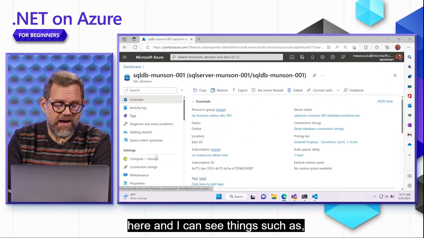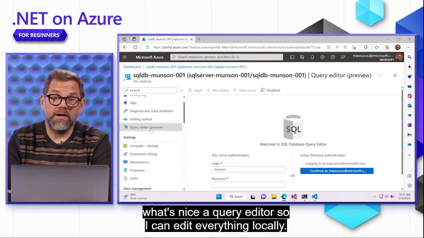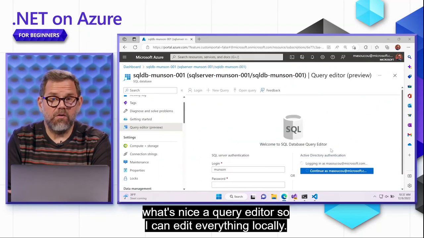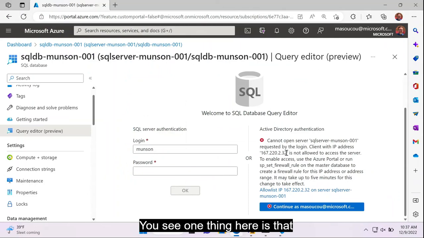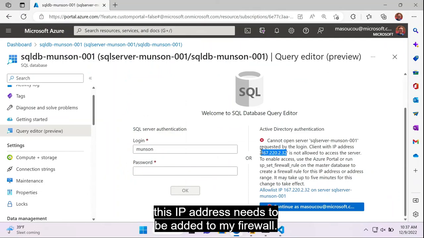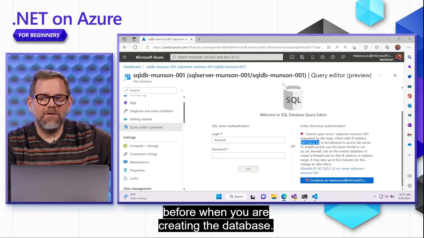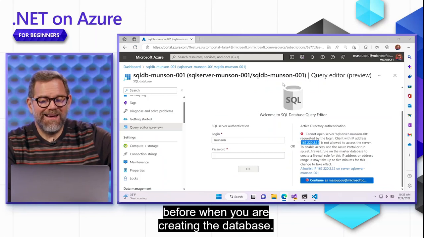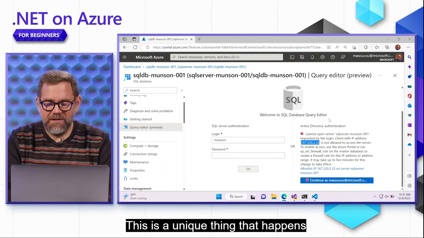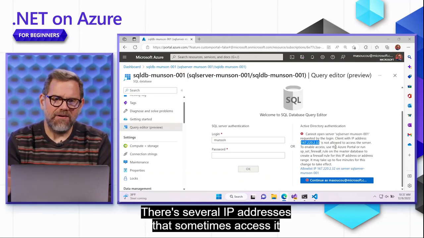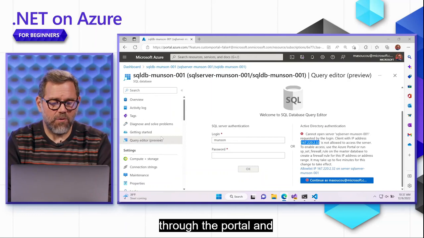And I can see things such as, what's nice, a query editor. So I can edit everything locally. And you see, one thing here is that this IP address needs to be added to my firewall. Now you're saying, well, Matt, you did it before when you're creating the database. This is a unique thing that happens sometimes where there's several IP addresses that sometimes access it through